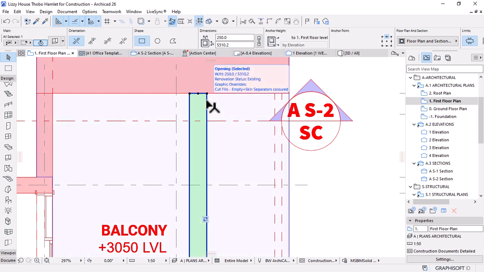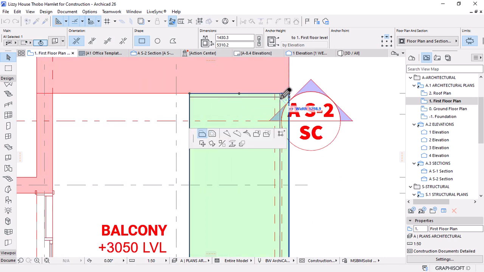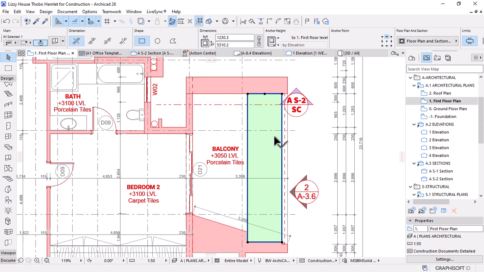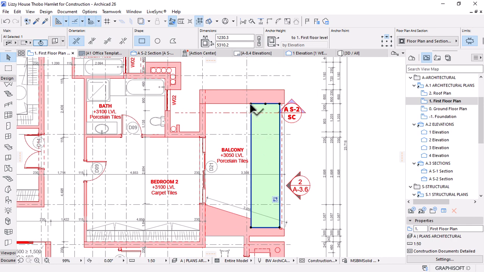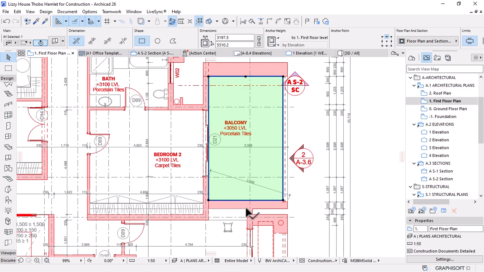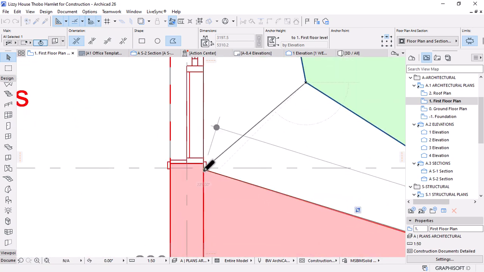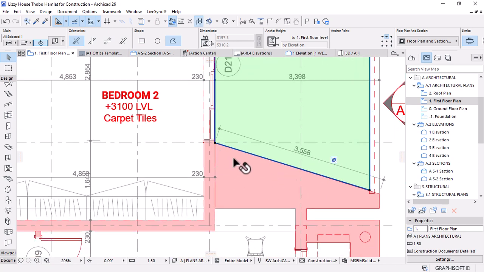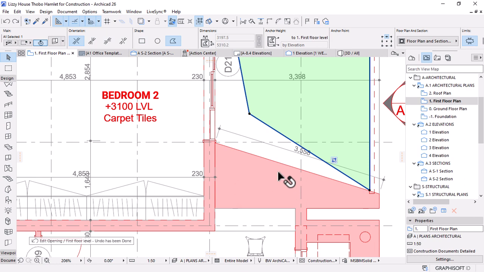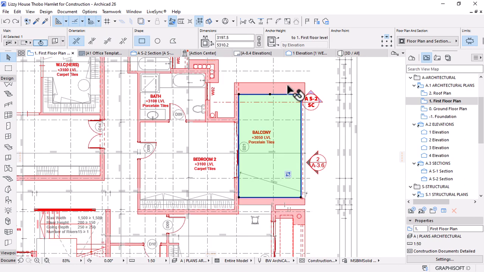Oh, sorry. Just make it there. And then stretch this all the way here. And I can click on this point. I can only move. That's the good part of this. But because this is a slab, not a wall, I'll just leave it there. So if we cut a section